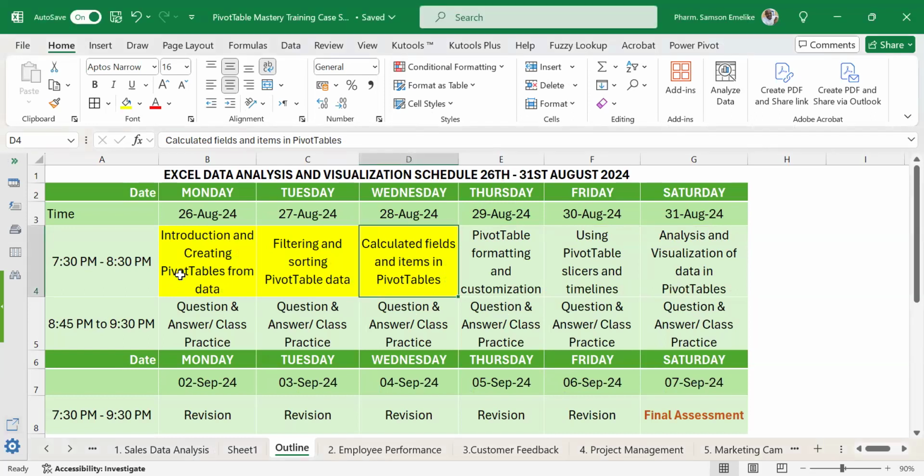We've started delving into some of the key concepts that we are lined up to cover. Yesterday, we looked at calculated fields, and today we are going to be looking at calculated items in pivot tables. We are also going to see what calculated items are, when we need them, and how we bring them in. We will also be responding to some questions that have come up during the course of yesterday's